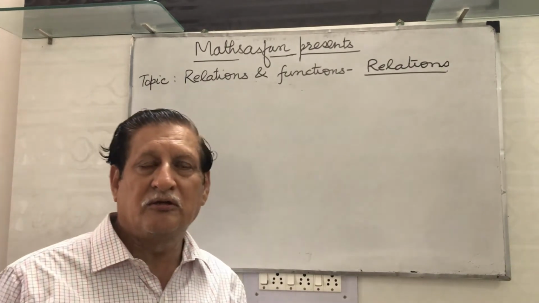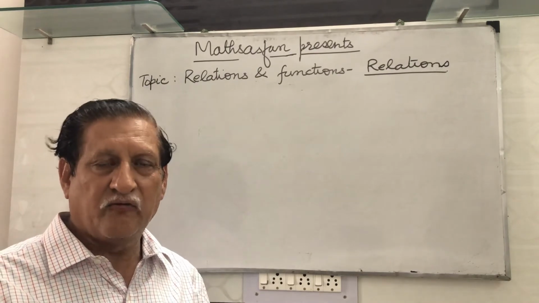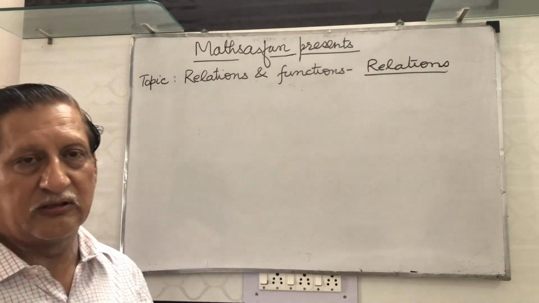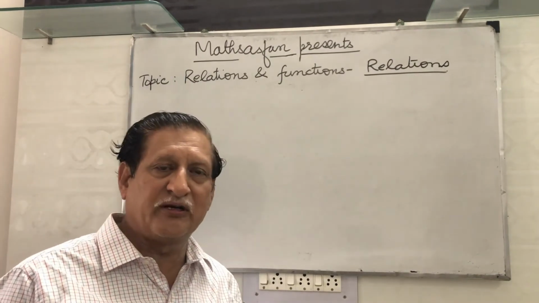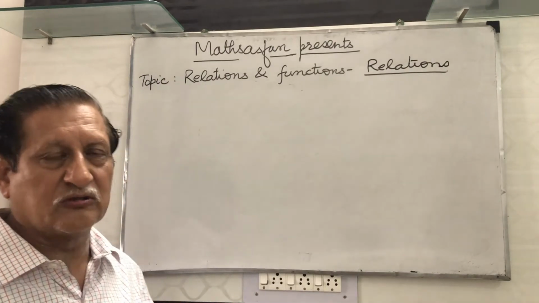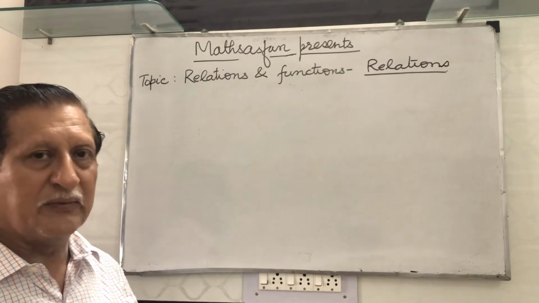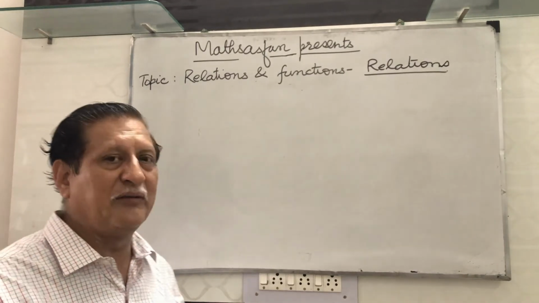We have learnt about ordered pairs and the Cartesian product of sets, where we applied the ordered pairs. Now another application of ordered pairs is to find the relation. What a relation is, what we have to find in mathematics. When we go in society, we find the relation between the members of two families. But here in mathematics, when we talk about the relation, a relation is set up between the elements of two